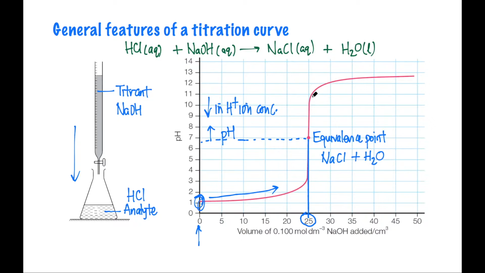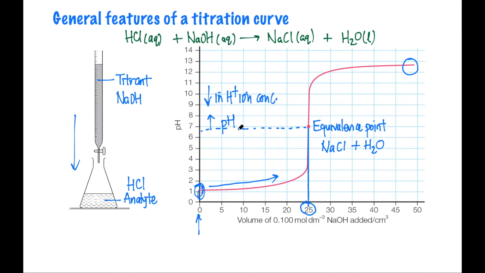If we were to continue adding sodium hydroxide, the pH will continue to shoot up and rise to a value typical of a strong base that fully dissociates in water. Now let us take a look at the different species that are present at different points of the neutralization process. Initially, we only have hydrochloric acid,